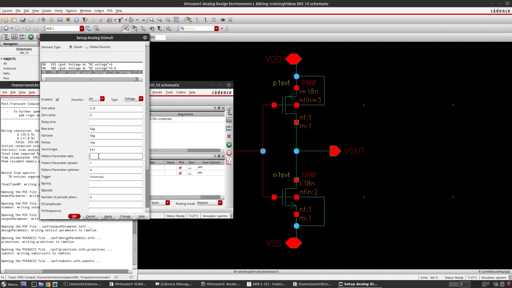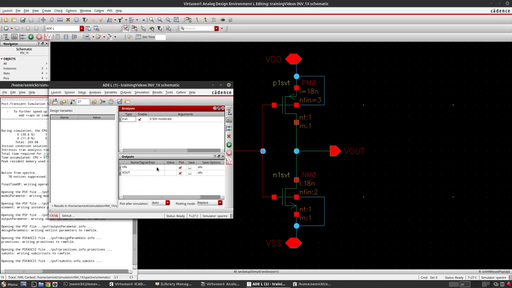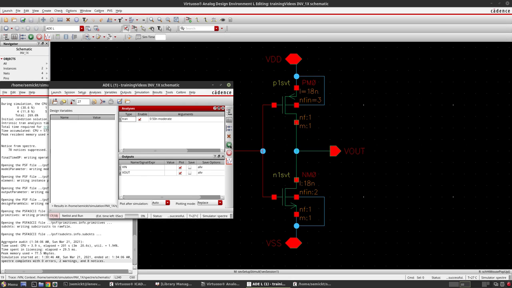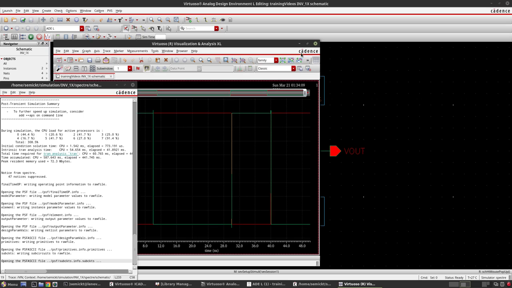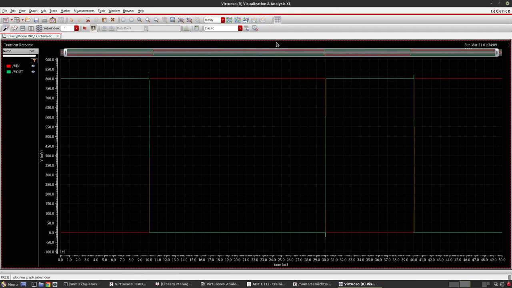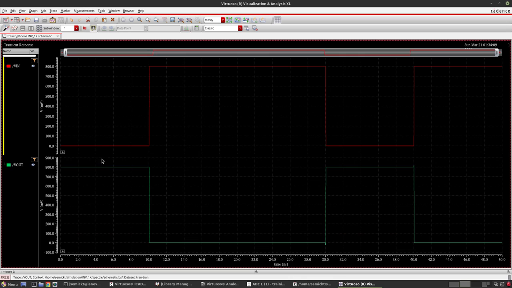Okay, so 11010, or I can give something like 01101, like this. I will give 01101 and click OK, and then run again. Maximize the window, split all the waveforms: 0 1 1 0 1. So I will be getting 1 0 0 1 0. So it is perfect,